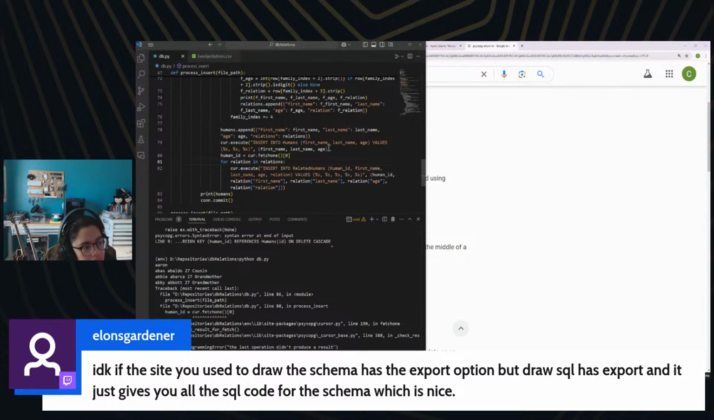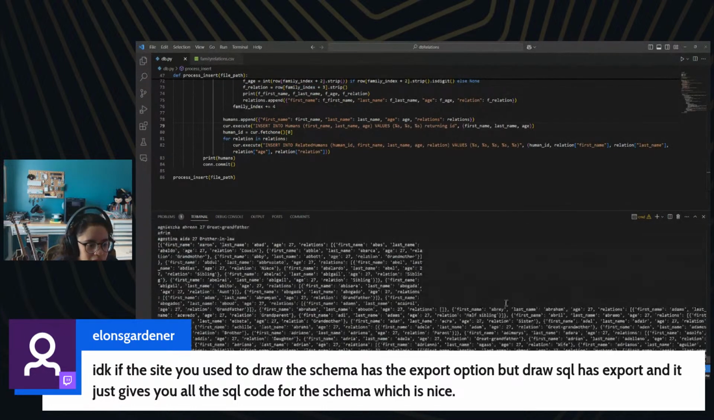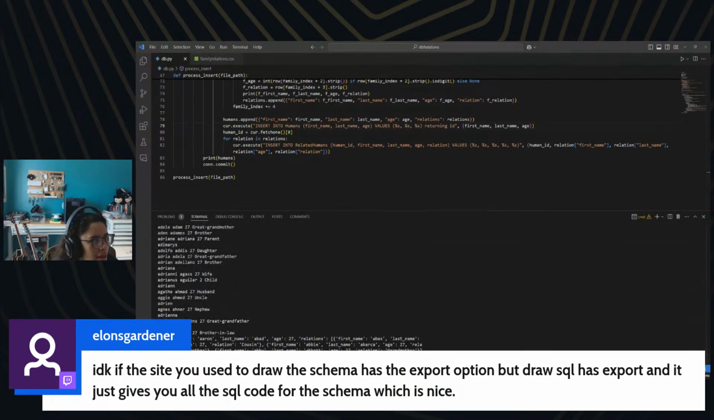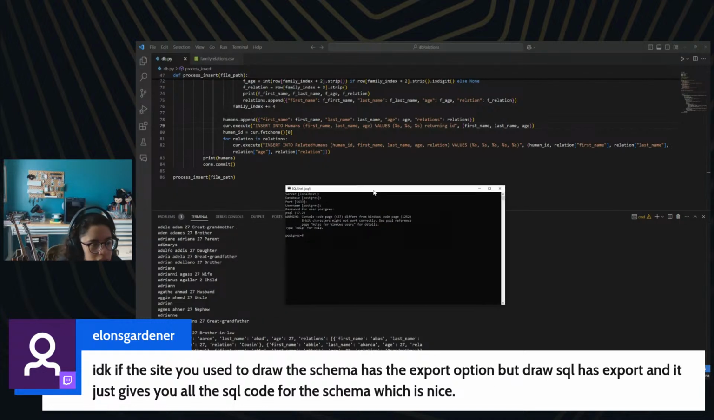Well, let's just use it. Let's see what happens. Returning ID. Hey, now we made it to the end of our script. Now, let's go check this. I don't know if I can zoom in on this, but